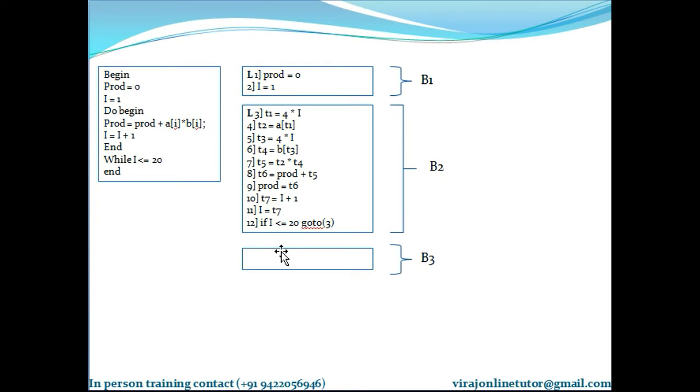Now in point number 2 of the algorithm, let's mark the basic blocks. It says for each leader that I have computed, its basic block consists of the leader and all the statements up to but not including the next leader. So my first basic block starts from this leader up till this point, but not including the next leader. So this is my first basic block. The second basic block starts here from this leader up till the next leader, but not including that next leader. So this is my B2, and this is my B3, which is the statement following this goto. So I have three basic blocks. Clear?